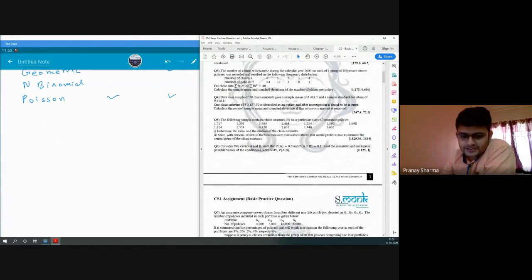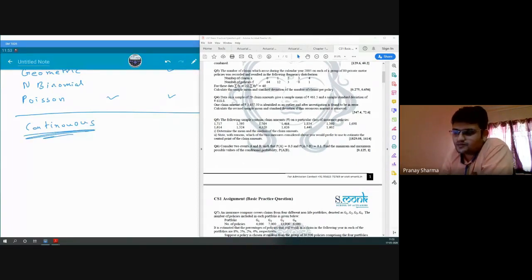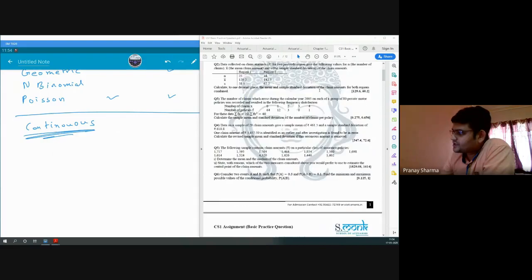So we'll end our class here and we'll continue the learning part. We have continuous distributions as well. We have 7 more distributions to go. It will take us 3 more classes to complete this particular chapter. We have continuous distributions that we'll study next Saturday. So we'll meet on Thursday and we'll be solving sums. Any more doubts?